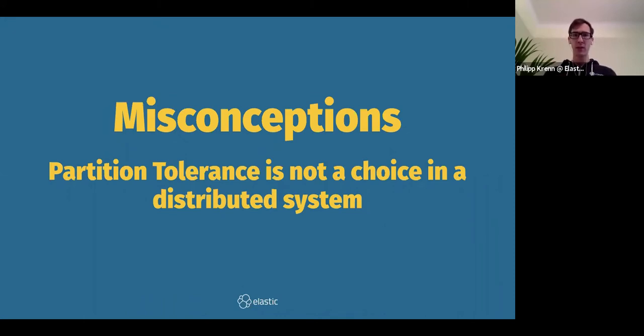First one is that sometimes people claim partition tolerance is something you could just not have, which is not really true. You have them unless your monitoring is bad enough, and then you don't see them maybe, but they are probably there. There is a very nice paper, for example, on how many network partitions or trouble Amazon, Microsoft, or Google have in their data centers. So as soon as you have a large enough distributed system, you will have some partitions, or you need to sustain some of that in your system.